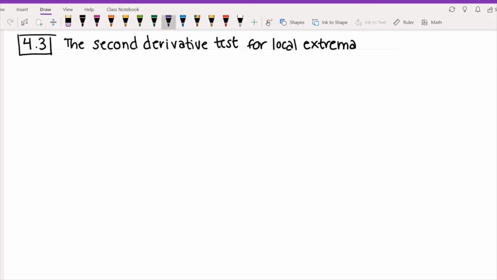So yesterday we talked about how you can figure out whether your function has local maxima and local minima by first finding the critical numbers and then looking at what's going on with the graph before and after those critical numbers. So basically checking whether your function is changing from increasing to decreasing or decreasing to increasing. So I want to write that down again, what we talked about yesterday, and that's actually called the first derivative test. So the first derivative test